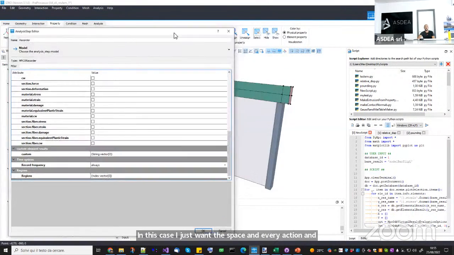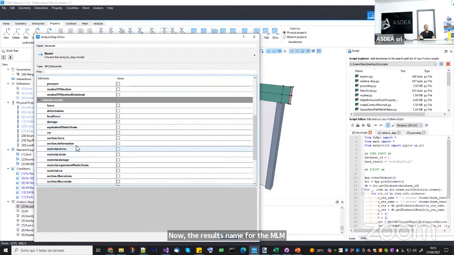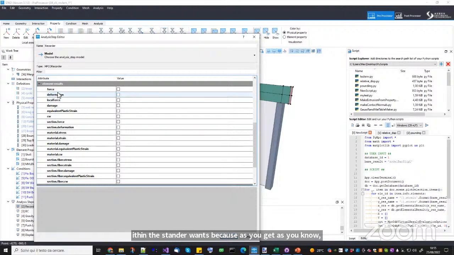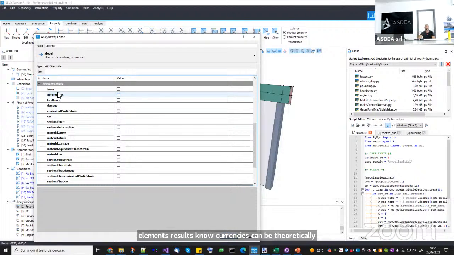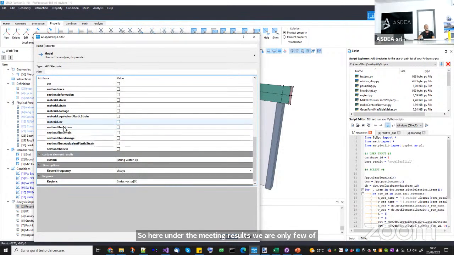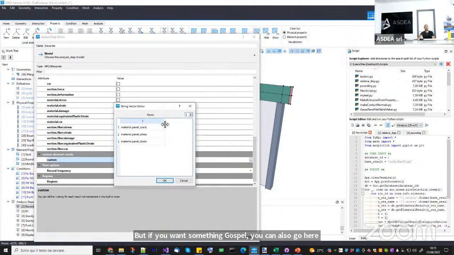Now, the result names for the MVLEM are not listed within the standard ones, because as you know, element results in OpenSees can be theoretically infinite, because every element can have its own results. So here under the built-in results, we have only a few of them, probably the standard ones like material stress, material strain, section fiber stress for the beams and so on. But if you want something custom, you can also go here and you can type your own, the thing that you want. For example, I know that in the SFI-MVLEM, I can ask a result, which is called panel stress